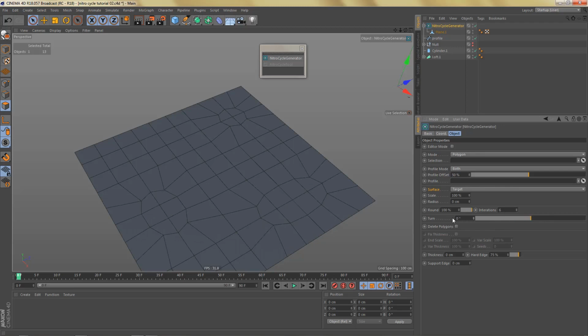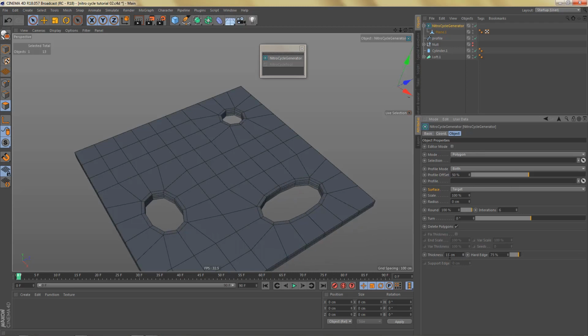The generator is more powerful than the cycle tool because, for one thing, it is parametric, and we also have the option to automatically delete the polygons. So if I check this box here, the polygons get deleted and the holes will be created. Below the delete polygons option, we have a couple of options related to the thickness. Right now this is grayed out because we don't have any thickness for these holes yet, and we can change that by